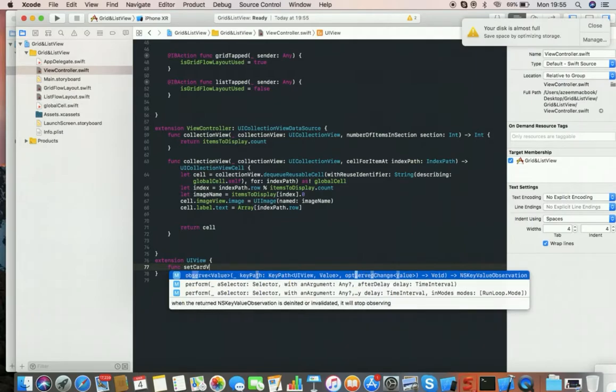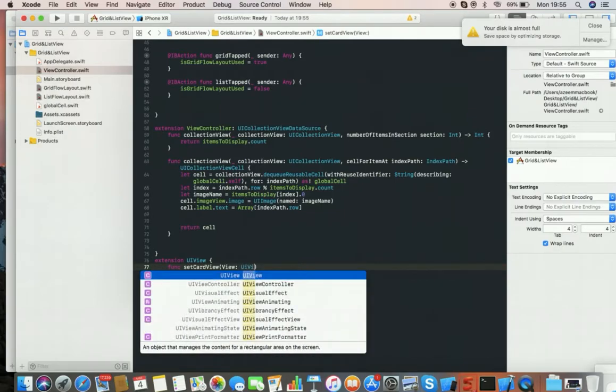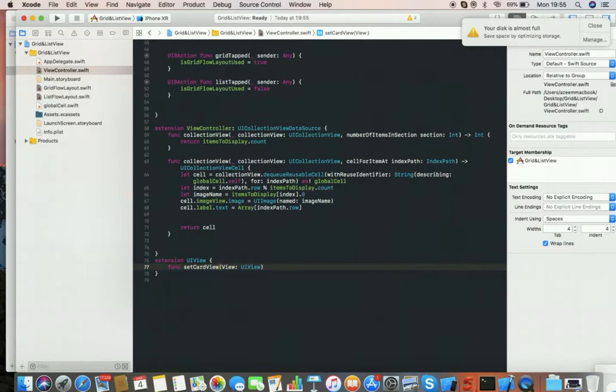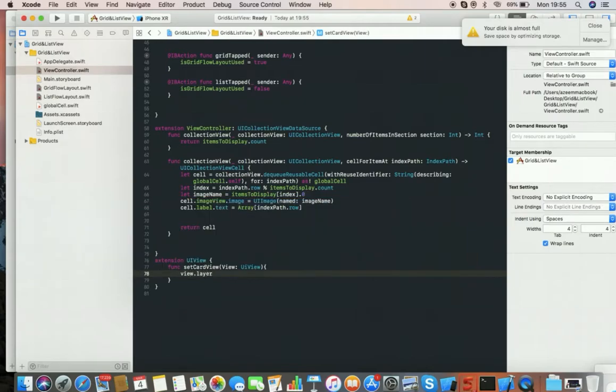Let's say func card view UI view, a view dot layer dot corner radius, let's say 2.0,